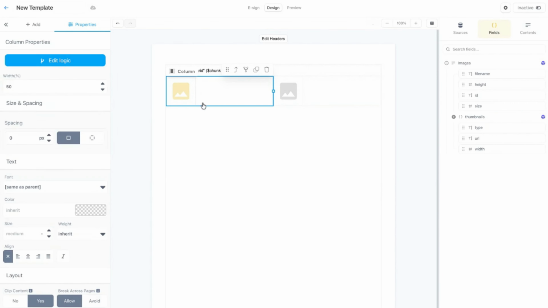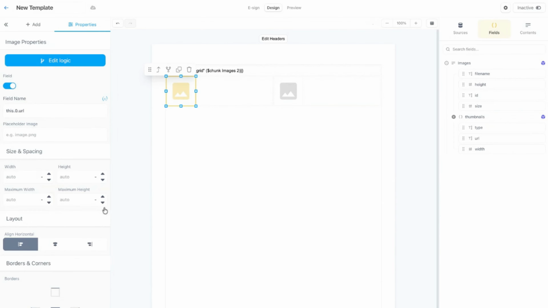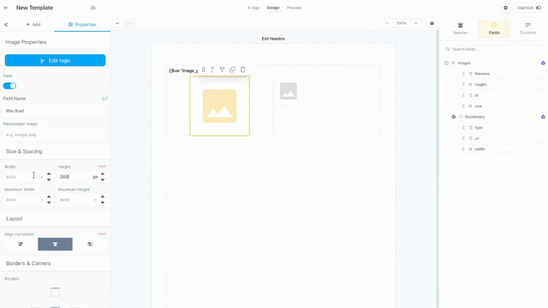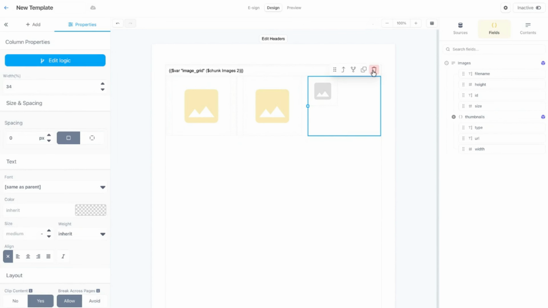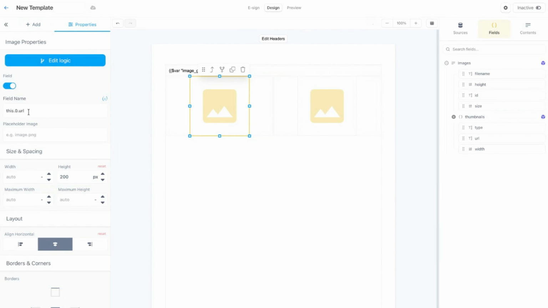Well, to make things easier, I can start adjusting this right here, and let me center the image. Let me put some static height, and then the width will adjust with it. And let me just duplicate this column and delete this one. So here I already have the variable for the URL, and here I'll tell Documint to look into the second